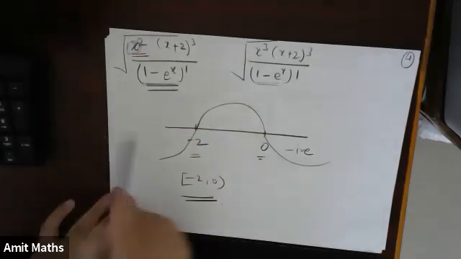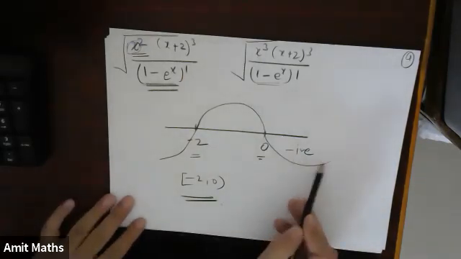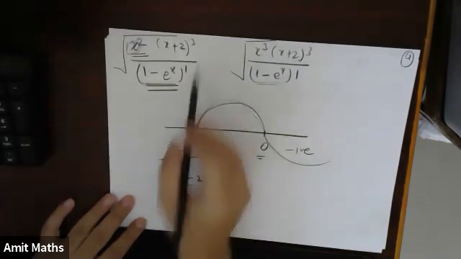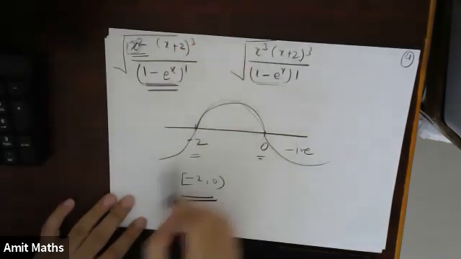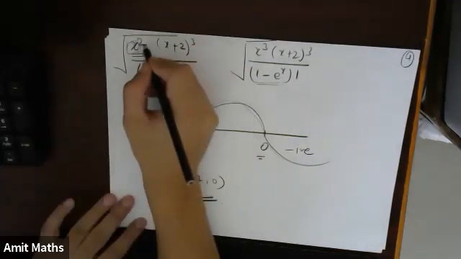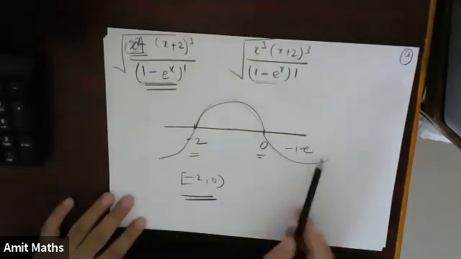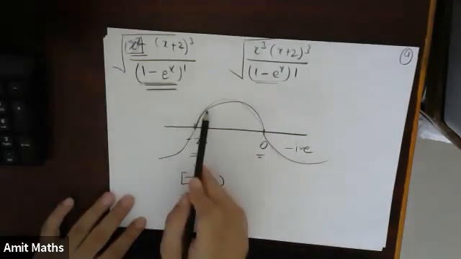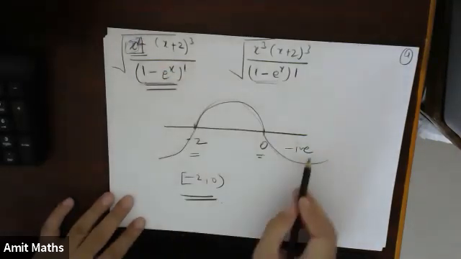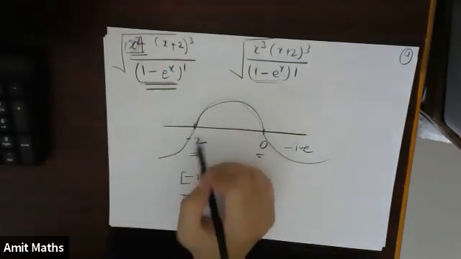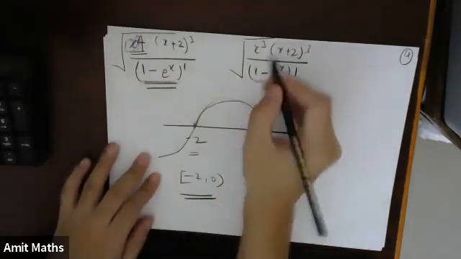For odd powers, I will change the sign. It started with negative; for the odd power, it changed sign. Next is -2. For -2, it was again odd, 3, so it will again change sign. Suppose instead of 2 it was 4. 4 plus 1 is 5. For the odd power, it changed sign, and for -2 also it changed sign. Suppose it was 6. 6 plus 1 is 7. For the odd power, change sign; for -2, again change sign. Now suppose instead of 4, here it was 3.